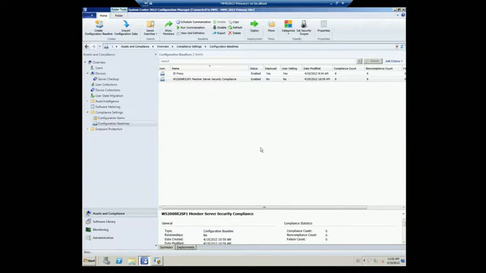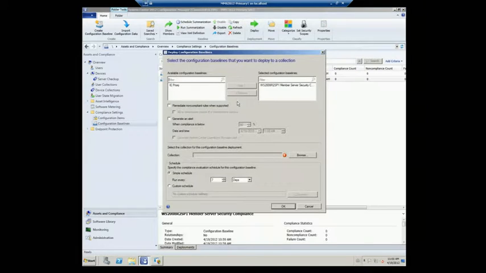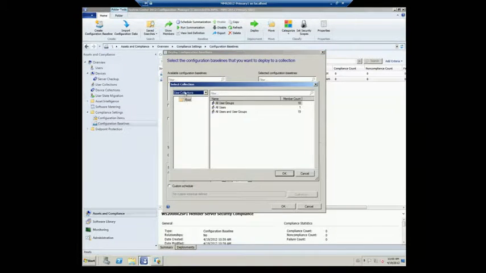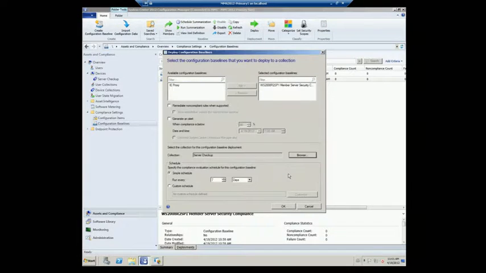So I go ahead and right-click on the baseline, click Deploy, and I'm going to select the collection that I want, making sure that collection has the servers. I already have this collection pre-created. It's called Server Checkup. So I'm going to just select that one, click OK. I'm going to lower this to 1 minute. This setting is not recommended for your enterprise. I have it here for 1 minute